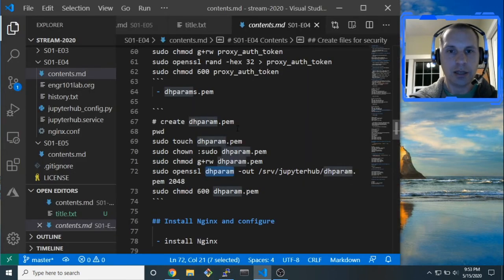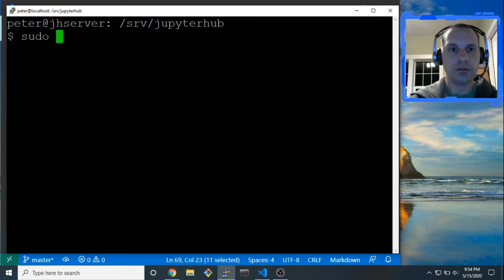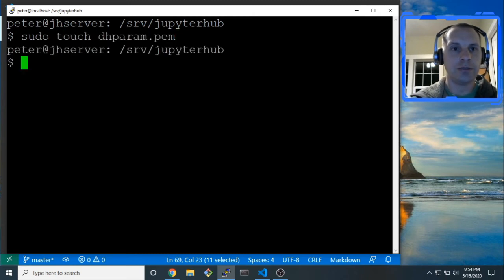And I want to make sure that I spell this correctly, so copy. So we'll first touch the file to create it, and then we will change the group ownership to sudo,